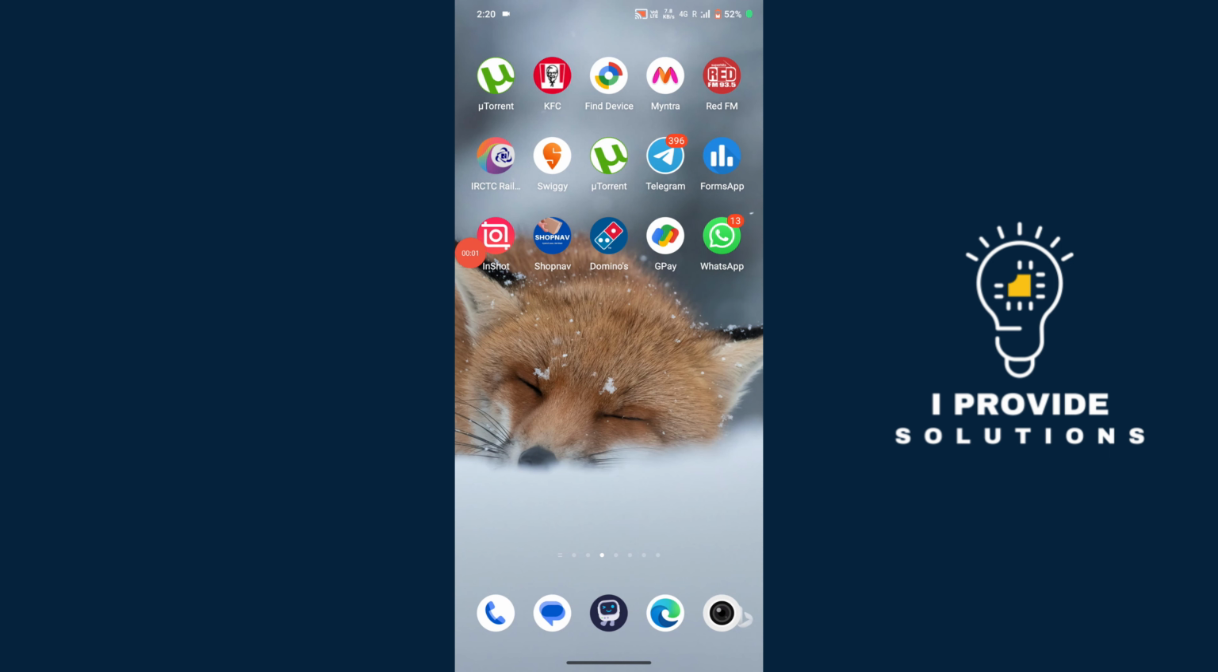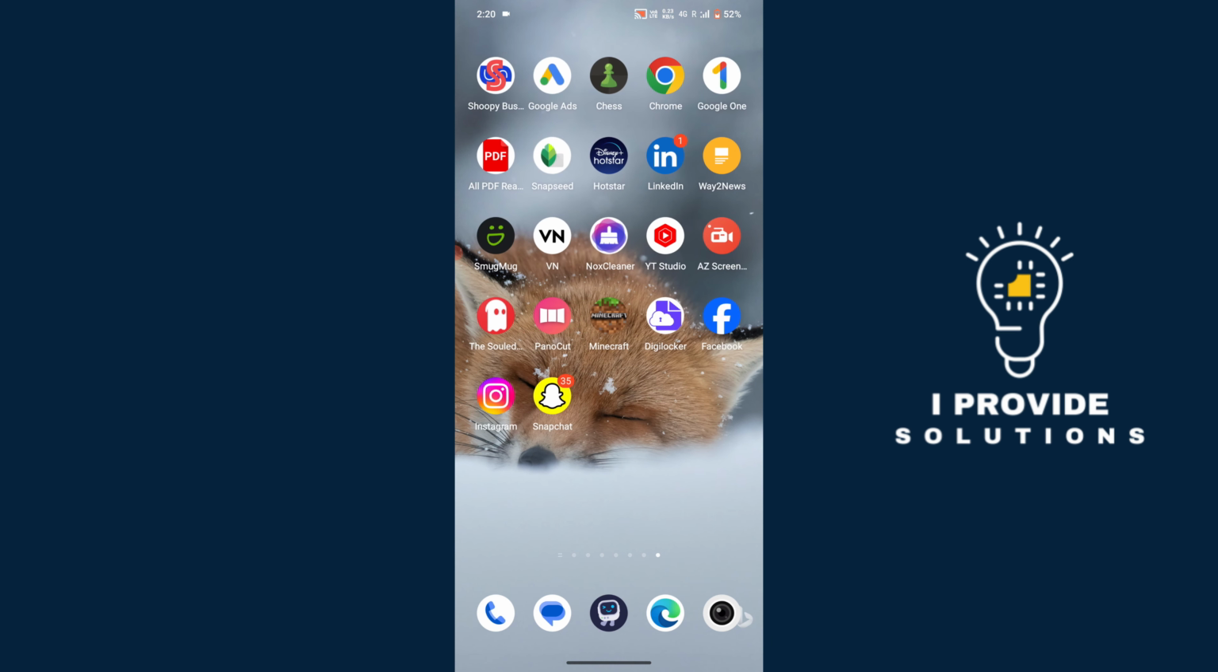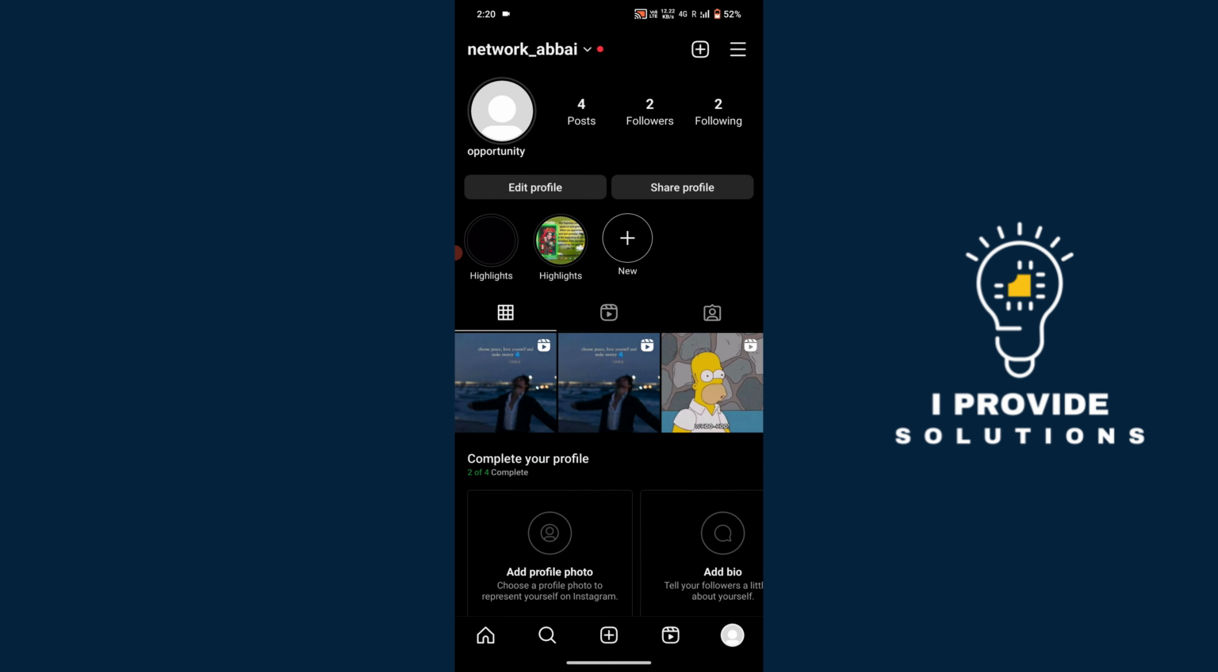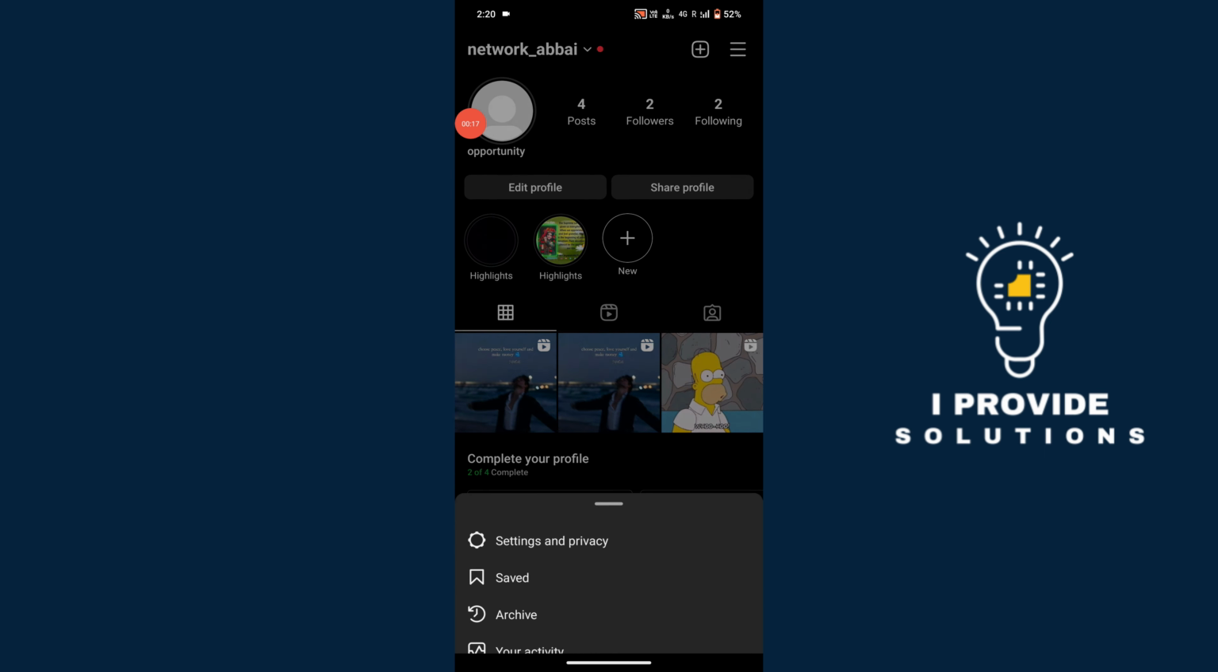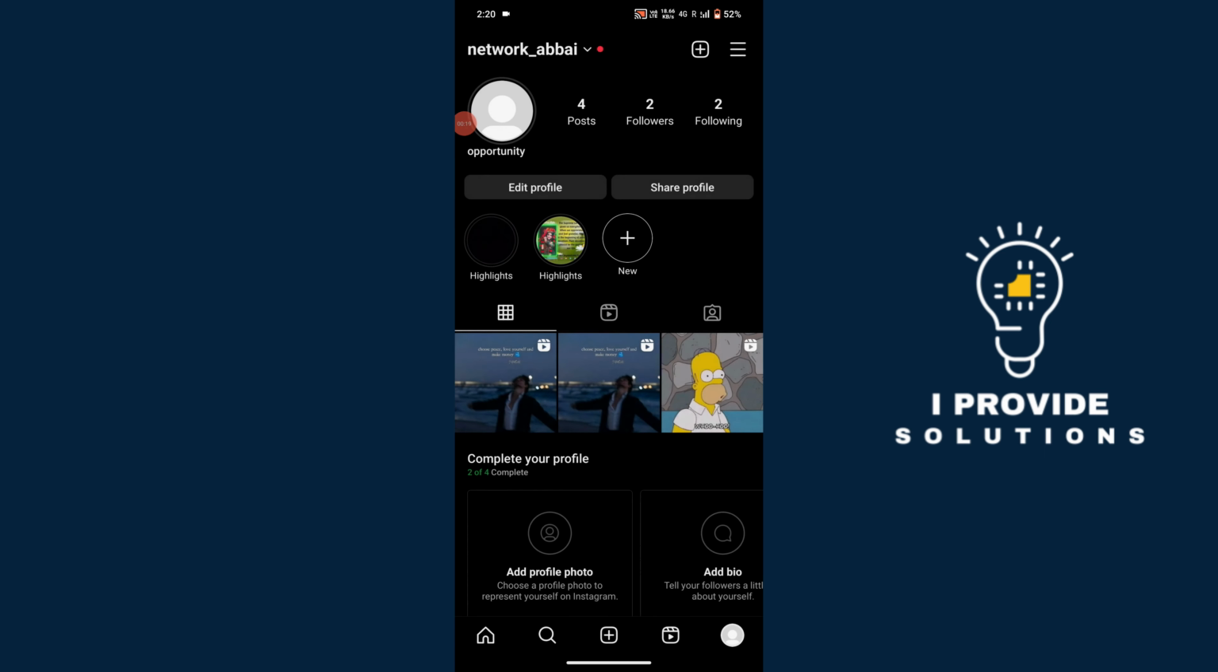Hello viewers, today I am telling you how to hide Instagram followers from everyone. For that you need to go to your Instagram account, click on profile and tap on the three horizontal lines. Tap on the three horizontal lines, go to Settings and privacy,